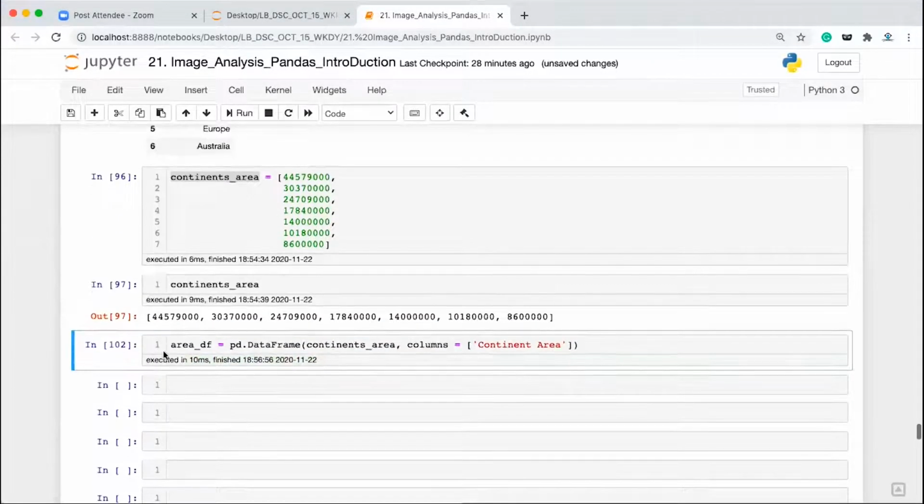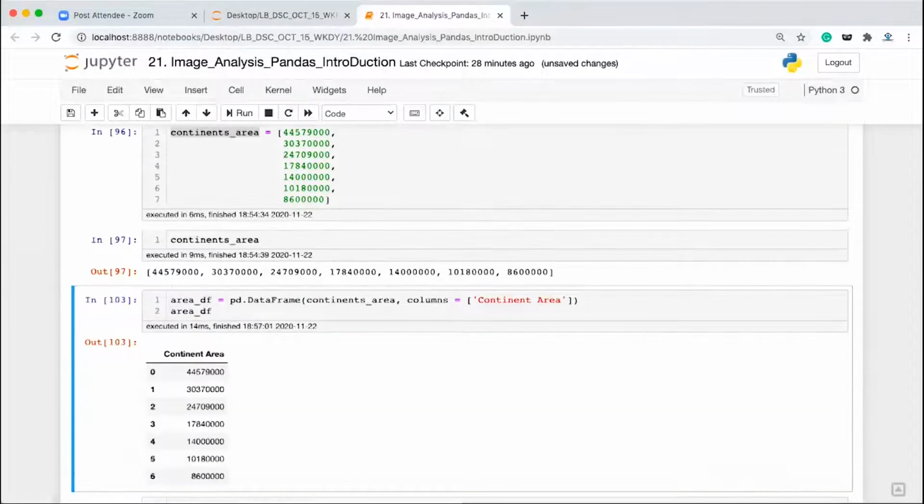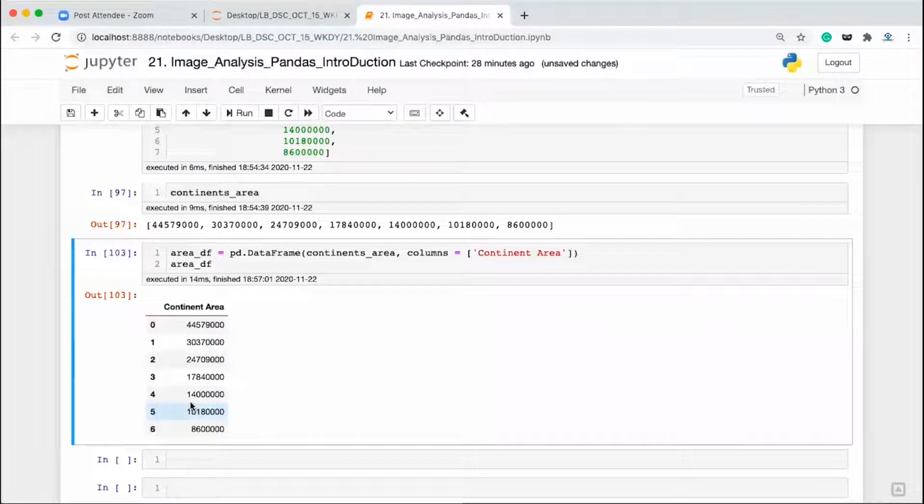Okay, execute this and print area_df. This is going to give you the area data frame. Fine. So what I want to do now is combine these two. To combine these two, we will be using the zip function. So let's first